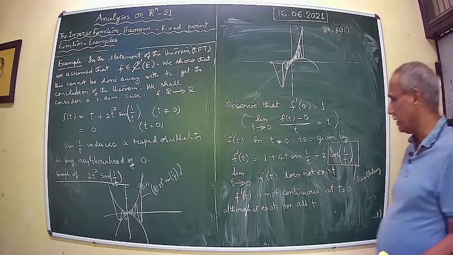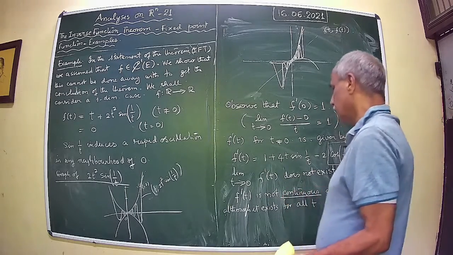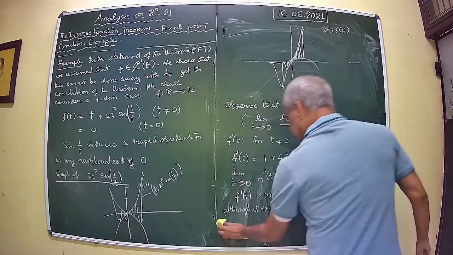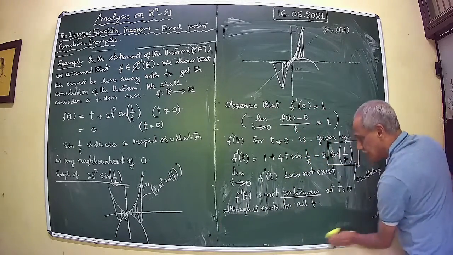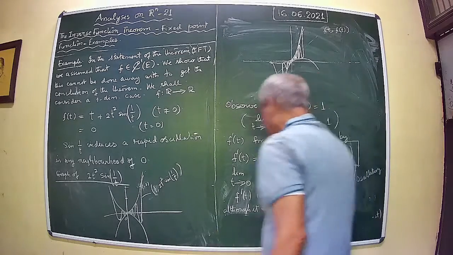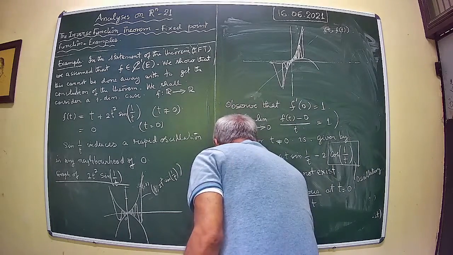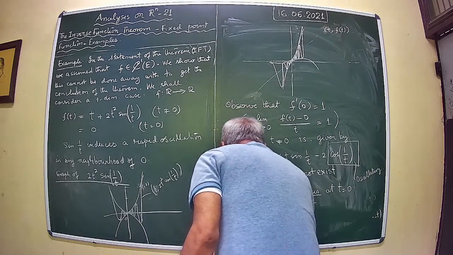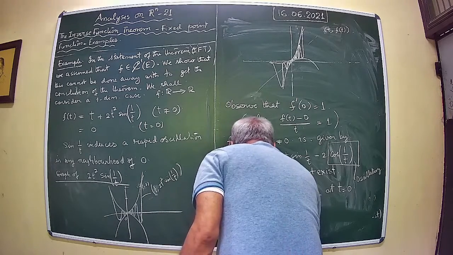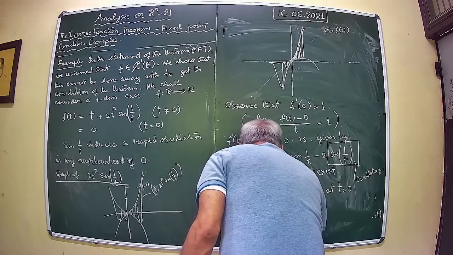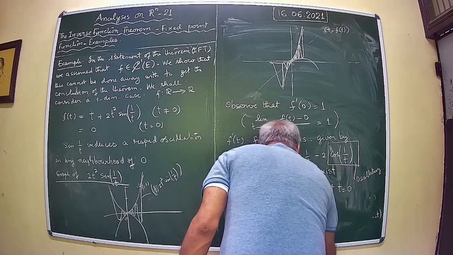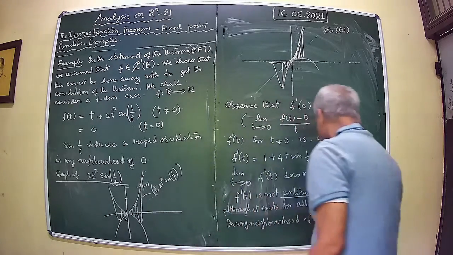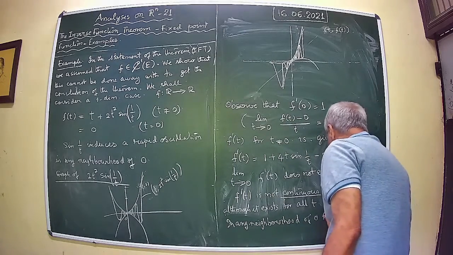It is not a continuous function, and it is because of the rapid oscillation that you have. You see that in any neighborhood of 0, f fails to be